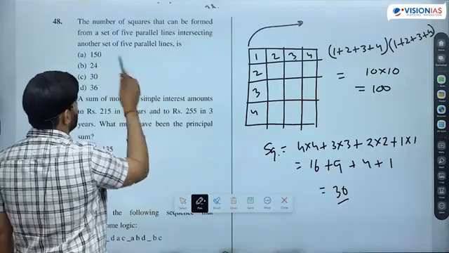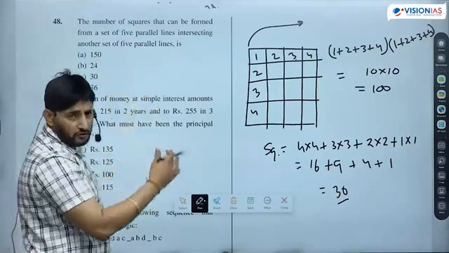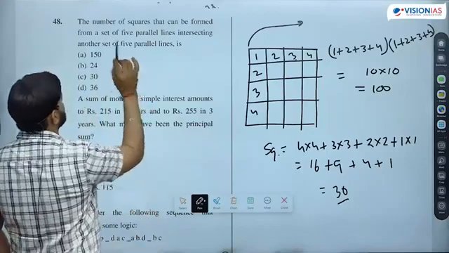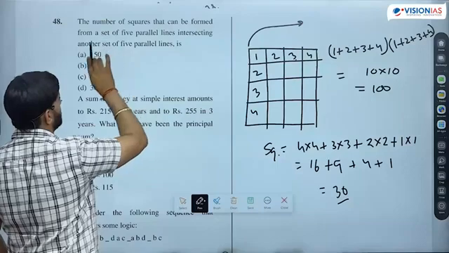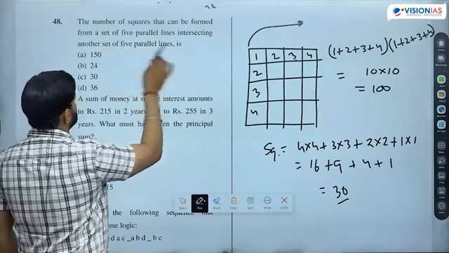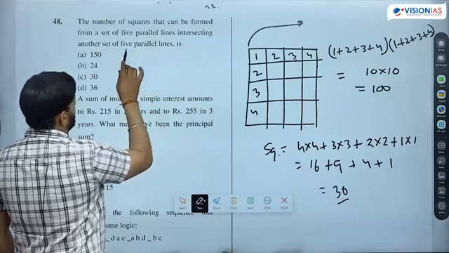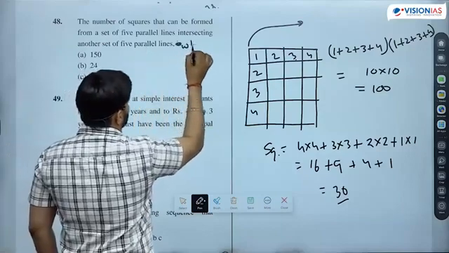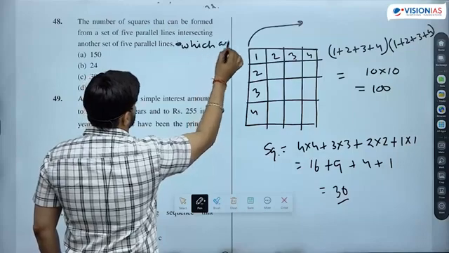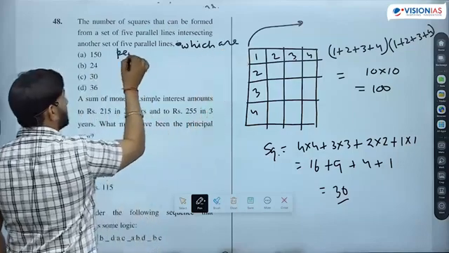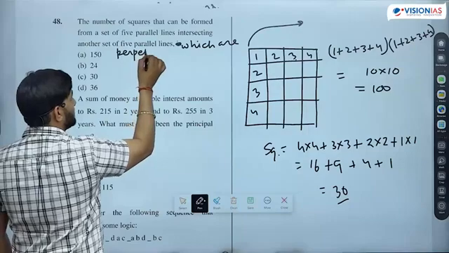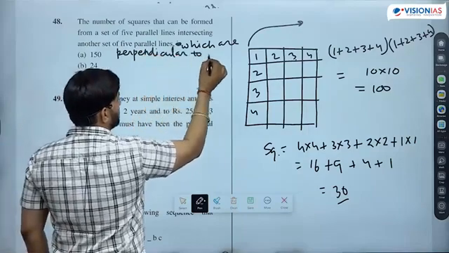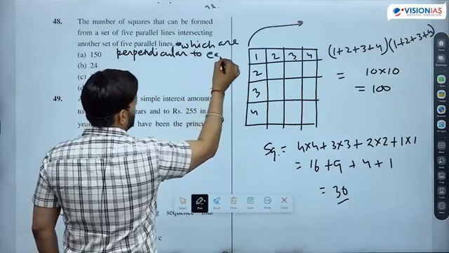अब इसमें अगर स्क्वायर पूछा जाए तो आंसर will be cannot be determined, it will depend upon other conditions also. तो इस क्वेश्चन में थोड़ा सा मॉडिफिकेशन करना पड़ेगा। Number of squares that can be formed from a set of 5 parallel lines intersecting by a set of 5 parallel lines which are perpendicular to earlier lines